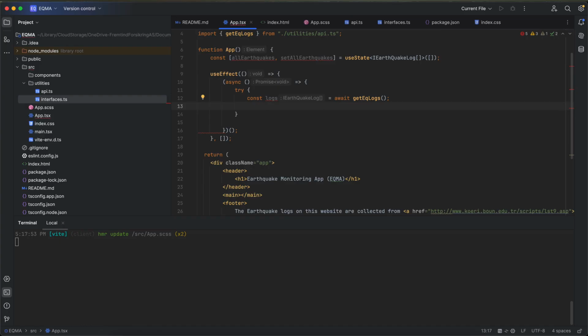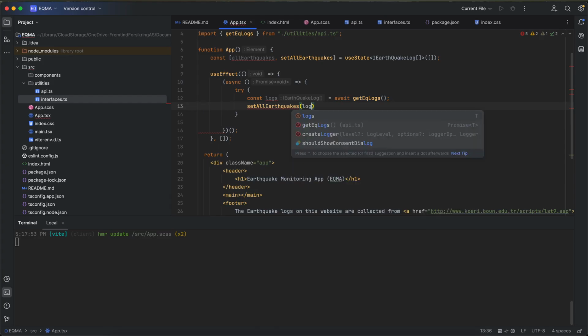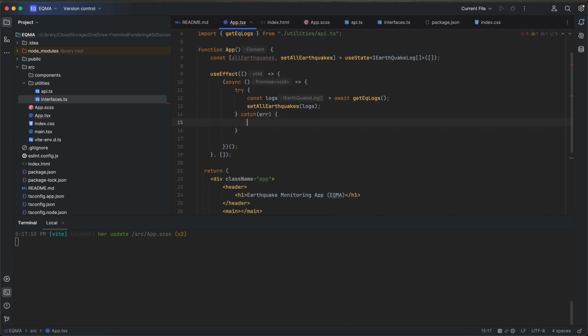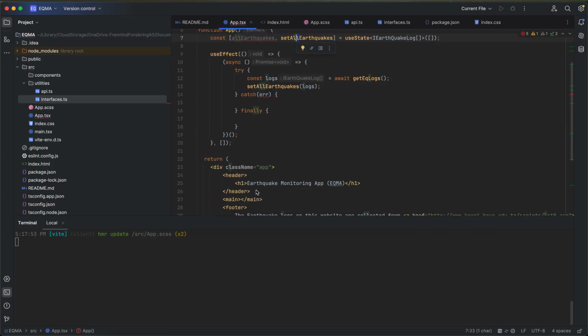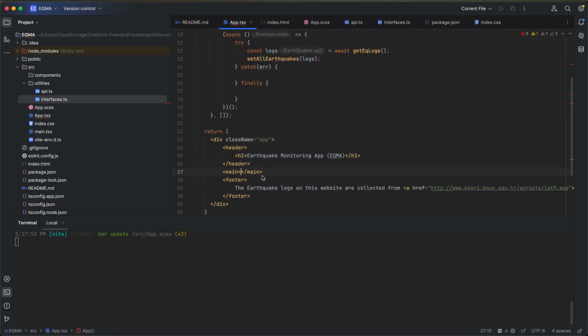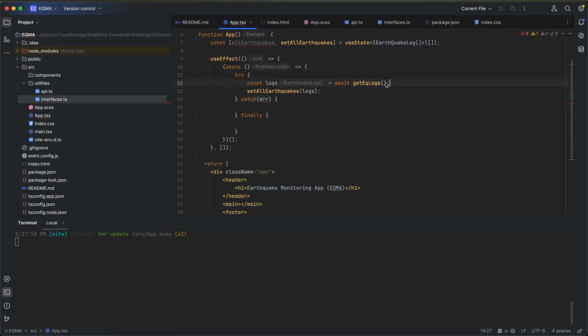And then I also set my hook when things go perfectly fine, and write it like this. Then I say okay, if there's a catch, so there will be an error. Let's do again the error handling part. So if it goes fine, we will just update this hook, and then I will use it at my return with some loop under the main. But if there's a problem here,